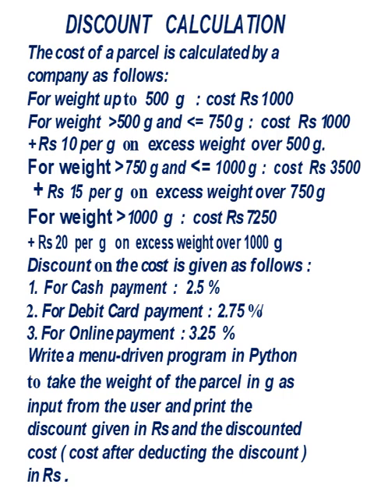Discount on the cost is given as follows. 1. For cash payment, 2.5%. 2. For debit card payment, 2.75%. 3. For online payment, 3.25%. Write a menu-driven program in Python to take the weight of the parcel in grams as input from the